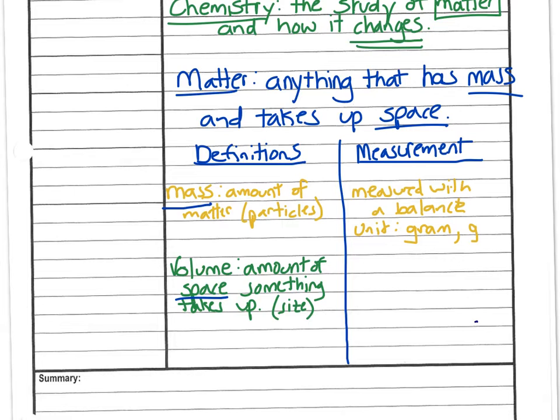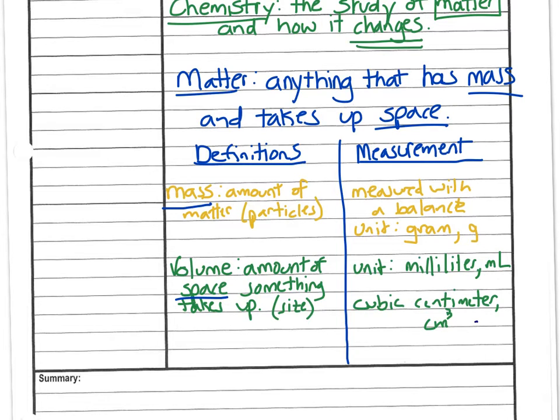When we write down the measurement, we are going to use a couple of different units. The first of which is the milliliter, which is fun to try and spell. It's got a lot of I's and L's in it. Milliliter. That's what we use here in chemistry class. There are other units like the milliliter called the liter, and there's kiloliters and all sorts of other things that we use to measure volume. But milliliter is the one you're going to come across in chemistry a lot. And there's one other one,